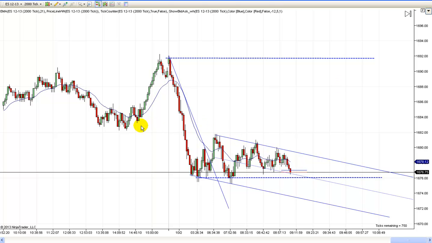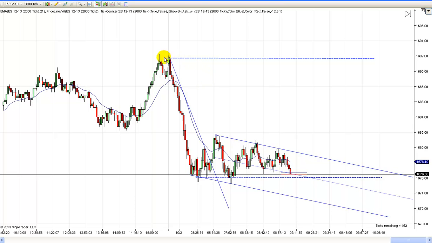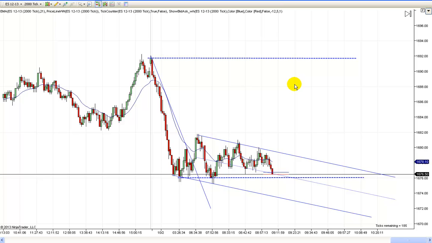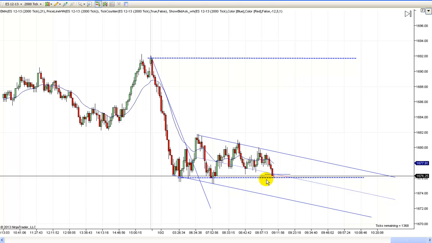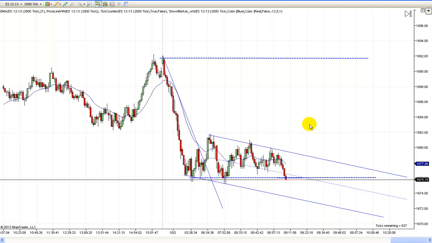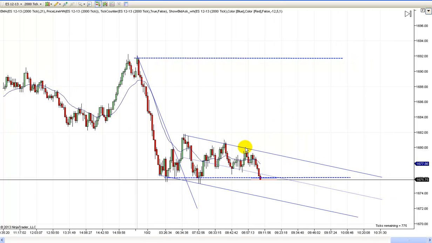If they get through here, they're probably coming back to test this breakout area here, and if they get through that, they're going to probably test these highs up here. And that's what prices do. They're constantly seeking out, and you see we came down here, and now we found, temporarily at least, support there. It wouldn't surprise me if we don't get on through and come down and test this line down here. You just have to be patient, but just like I said a while ago, we just come off this